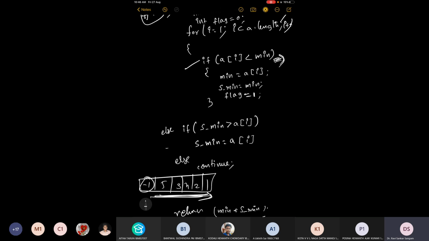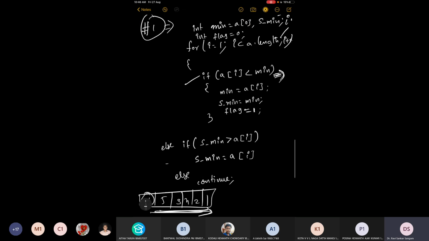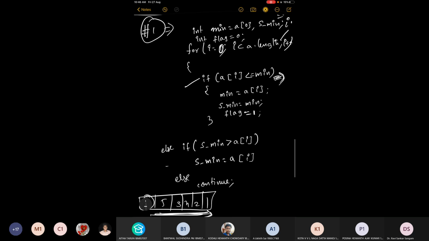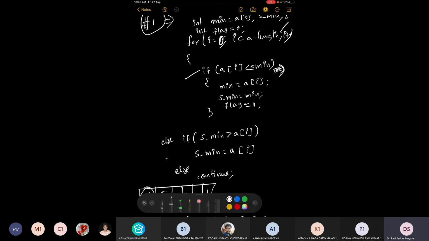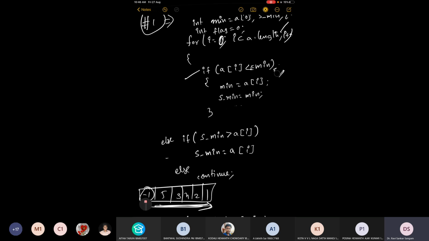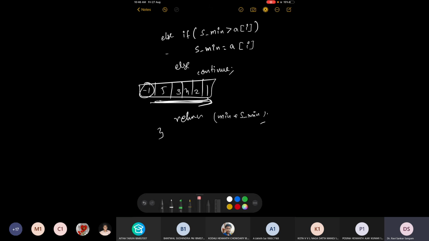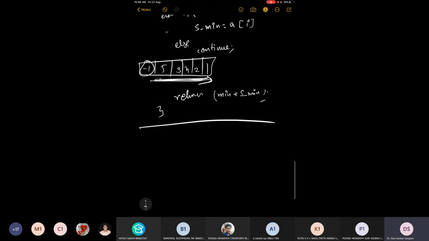See, before this, you want to start from 0. Yes, sir. It will anyway initialize the loop, and we can find out if there is another. You will write less than or equal. That's fine. Instead of using a flag, that would be better. We start from 0 and we write less than or equal, not just less than. Okay. Now this works fine. Return minimum plus S minimum. Okay. Now let's quickly do another problem.